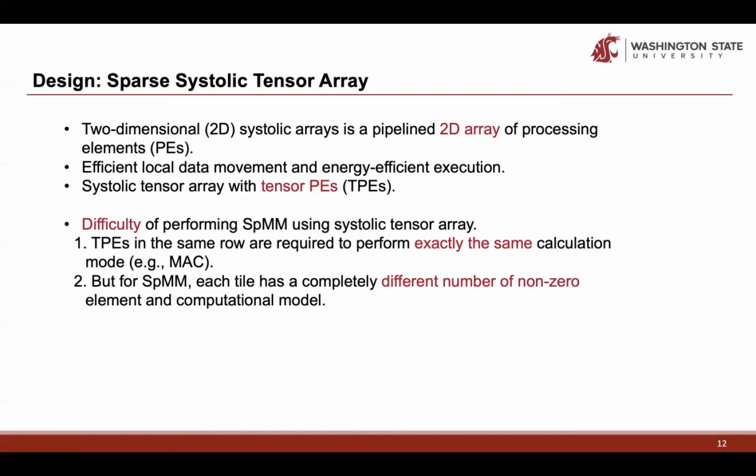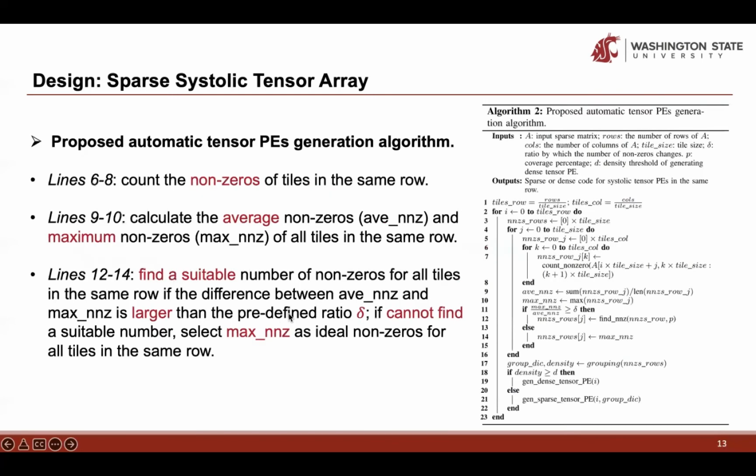And the computational mode differs. So we propose an automatic tensor PE generation algorithm to enable SpMM on the systolic tensor array. For lines 6 to 8, we count the non-zeros of each tile in the same row. For lines 9 to 10, we calculate the average non-zeros and the maximum non-zeros of all tiles in the same row. For lines 12 to 14, we try to find a suitable number of non-zeros for all tiles in the same row, if the difference between the average non-zero and the maximum non-zero is larger than the predefined ratio,